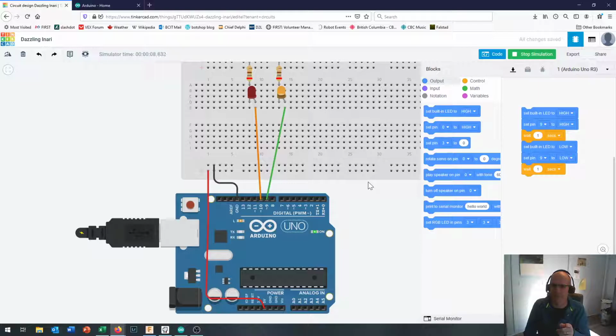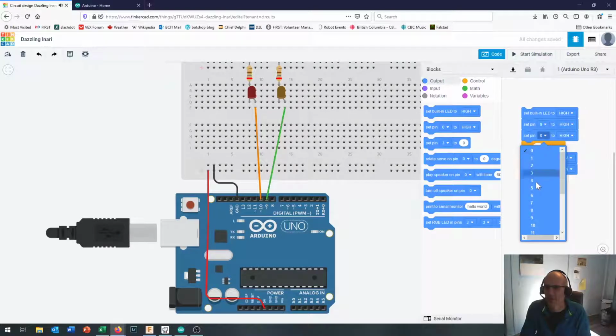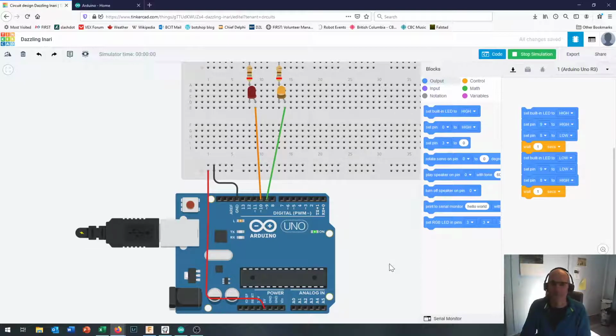I said to press pause. You did press pause, right? Good. Okay, so it's going to be exactly the same as we did before, but this time we're going to set pin 8. Notice it stopped the simulation for us immediately as we did it. We're going to start it out low, and then we're going to set pin 8 to high right down here. Okay, and now when you start the simulation,